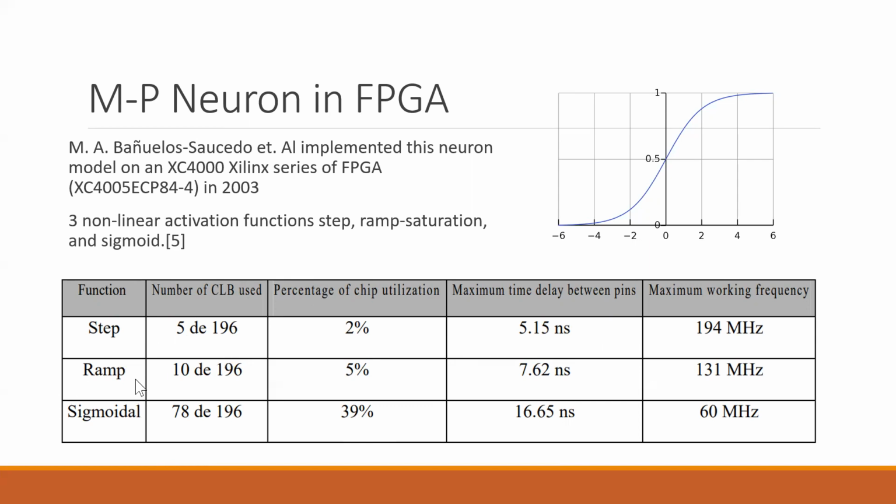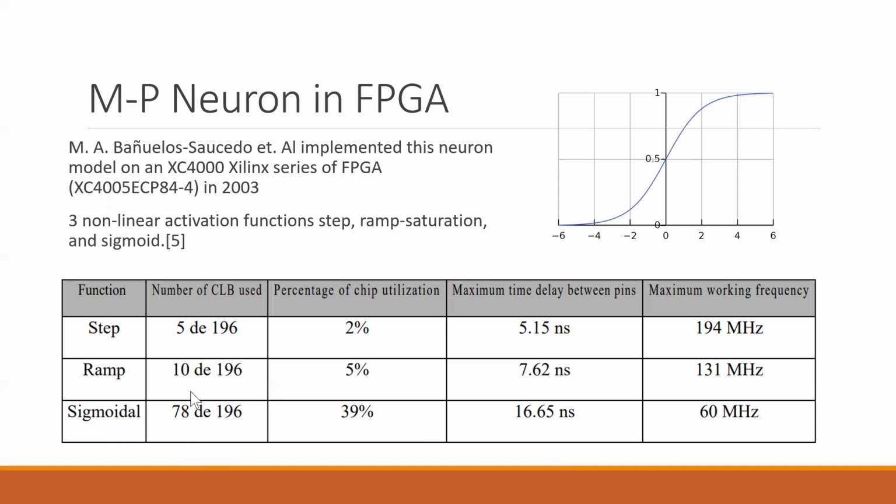But now when we look at ramp functions, we use a little more control logic blocks, a little more functionality. We go from 2% to 5%. There's not a significant increase in delay. It's still workable. And the frequency goes down by 60 megahertz,